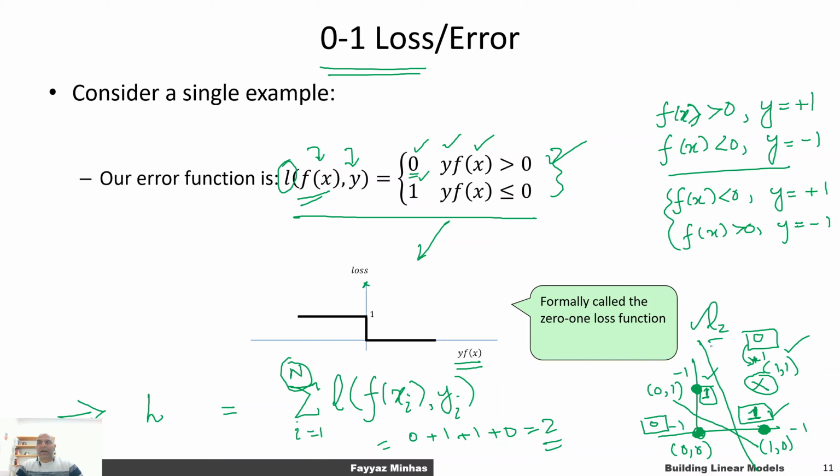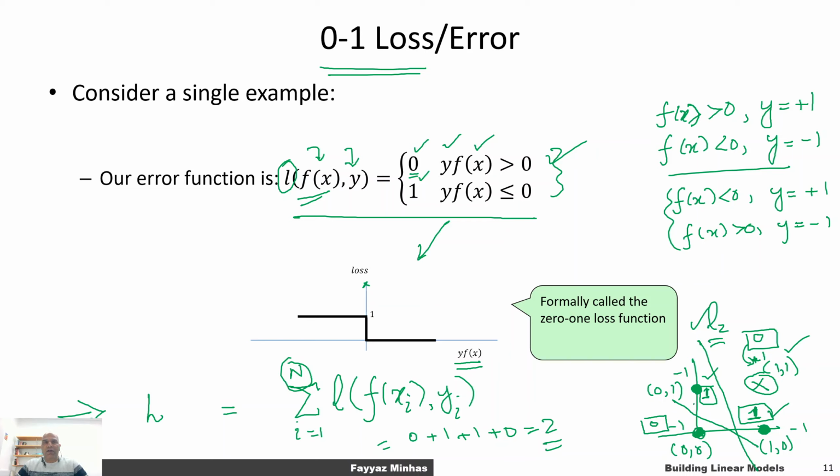So this is going to be a better classifier over this training data set in comparison to the other line that we have taken earlier. I hope this helps you understand the overall concept of what we are trying to do over here. We have done representation, we have done error formulation, and then the next step is we are searching for that line. We are changing that line, and we are trying to find those values of the weights and biases that give us the lowest error, and that is the optimization part,